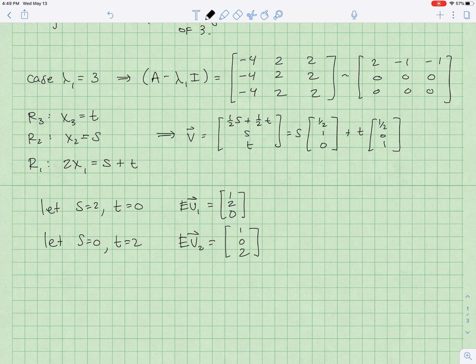And so this is going to mean that our only eigenspace is the span of the vectors 1, 2, 0 and 1, 0, 2. This is our eigenspace,